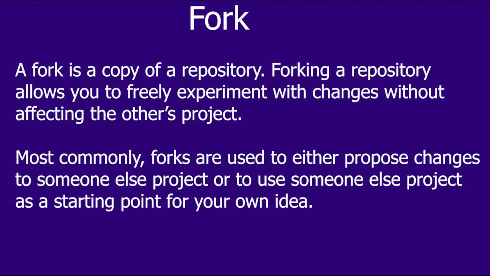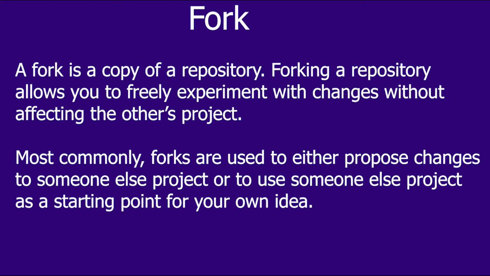In GitHub, we first need to fork, that is, copy someone's whole repository which contains projects into our GitHub account, and then propose changes and do experiments with that forked repository. So a fork is a copy of a repository. After adding features and modifications in the other's project, we'll send a pull request to the owner of the original repository to pull our modified code and accept our contributions.